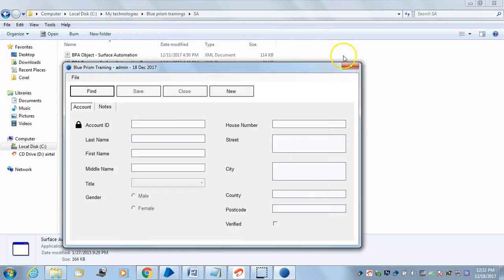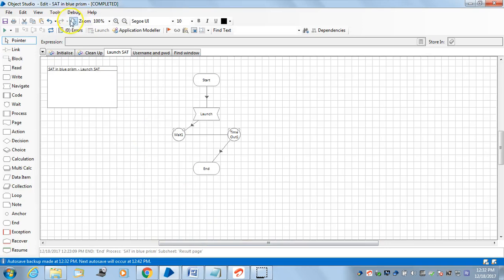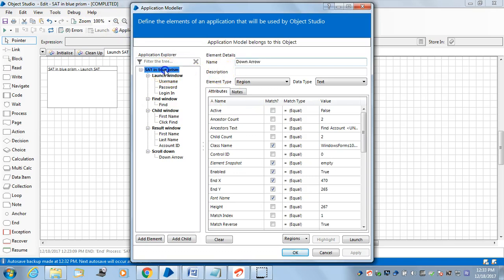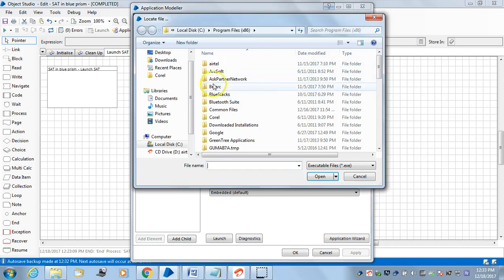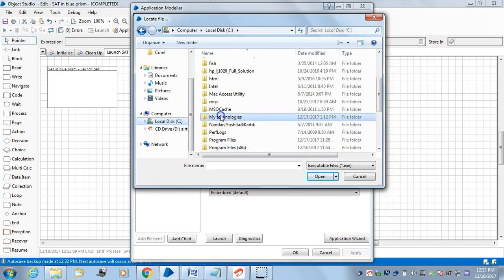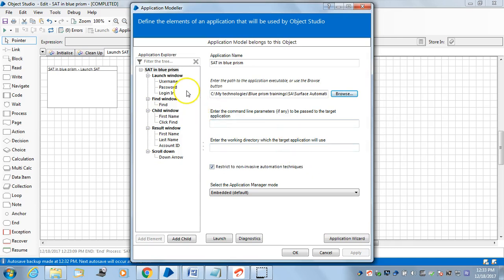To fulfill this requirement, I have created one object, and the object name is SAT, Surface Automation Training, in Blue Prism, and I have configured this application from the C drive, where the application is located. Like this, I have configured it, and I have spied each and every window and its elements. For example,